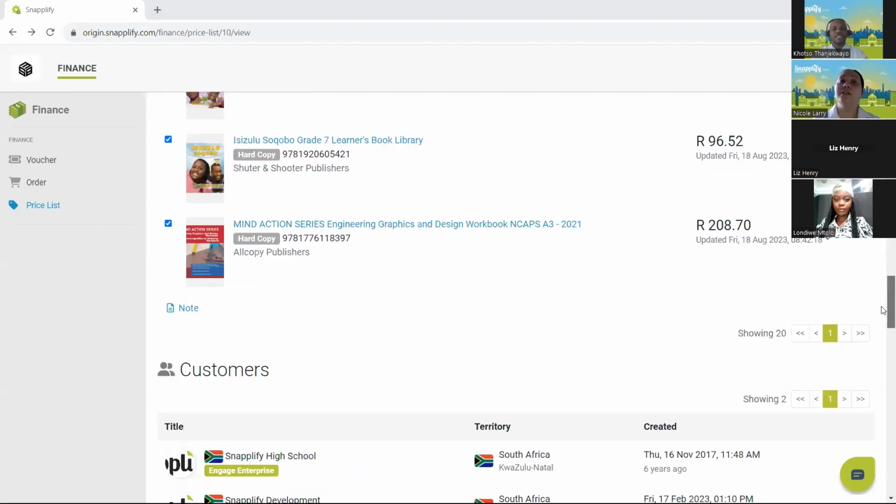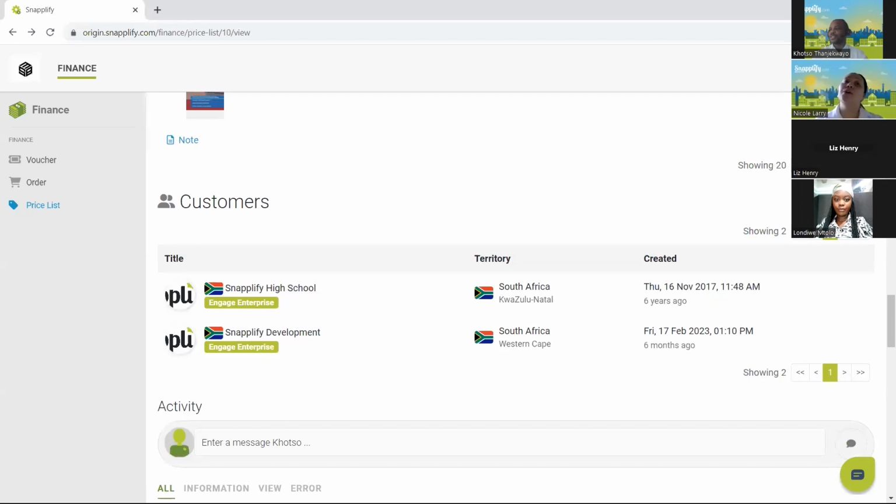All the way down to customers. Cool. So you will also notice that we have a customer section on the price list. This will be a list of customers, for those who have a list or a few schools, or institutions that you are servicing, or an institution that requested a quote or wants to see your pricing on their platform. This means that the institution linked to your price list will see only your hard copy